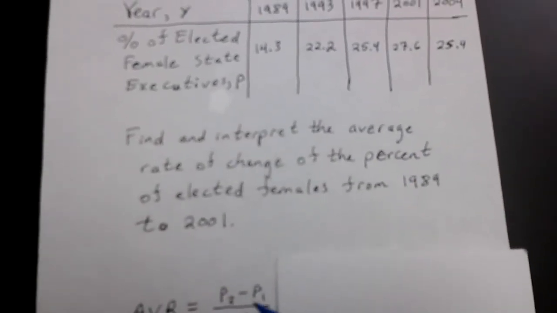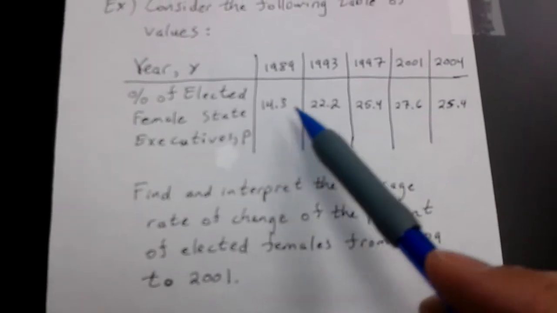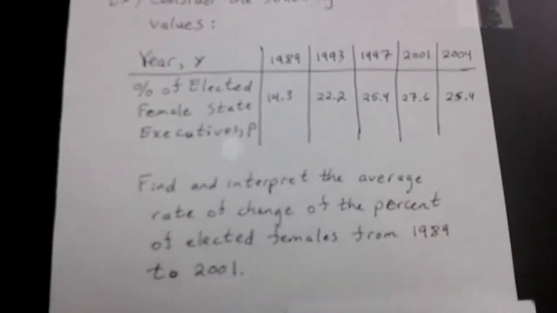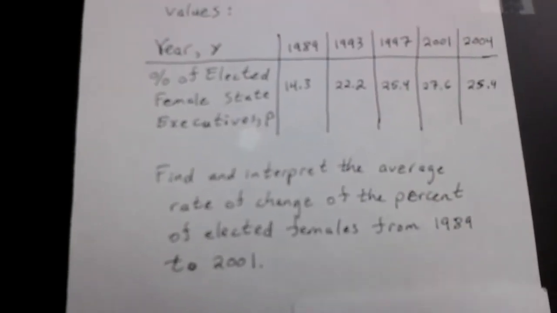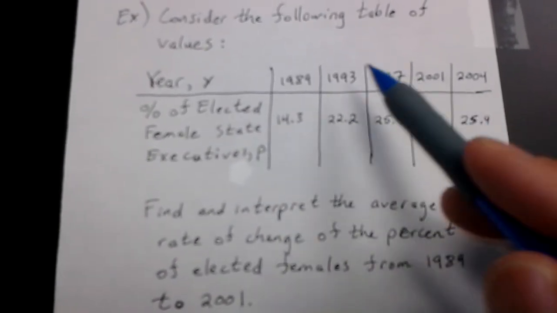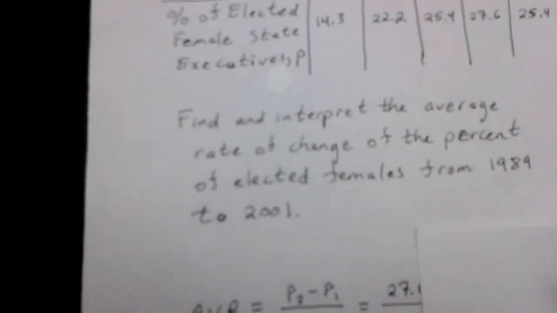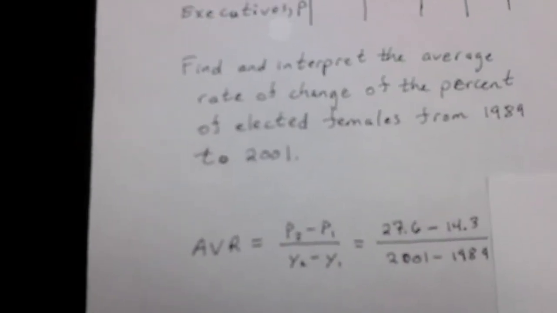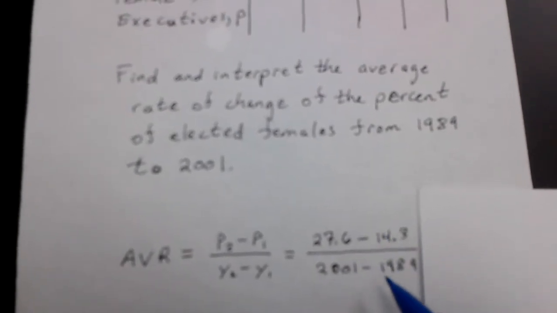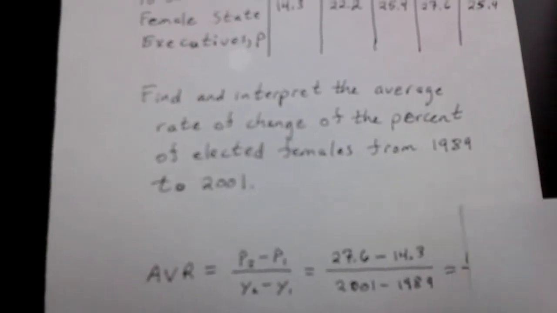So the difference of the output variables would be this minus this divided by that input value minus that input value. So here's what that looks like. Hopefully you're thinking that. So we're going to have 27 minus 14.3 and that value minus that value in the denominator. So here's what that looks like. So again, the difference of the outputs divided by the difference of the inputs, and so that value there will give us